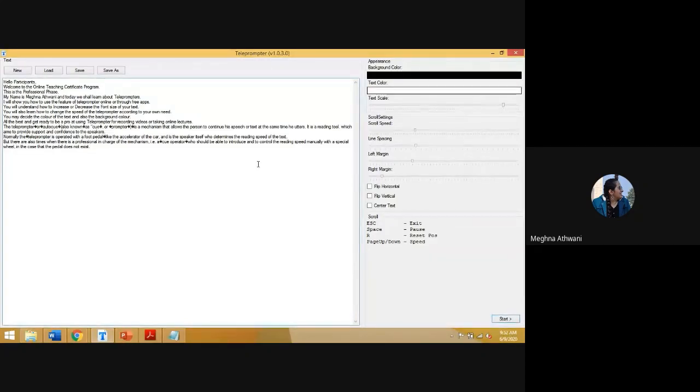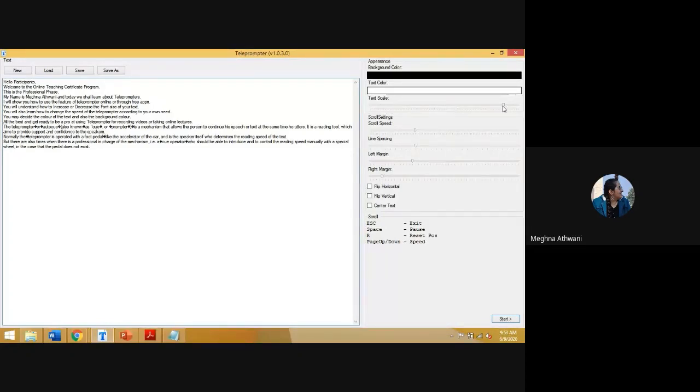And sometimes it is all up to you. You may like something, you may not like it. I am very comfortable with white background with black text. I am very comfortable with that. I'm not comfortable with black background and white text. People may use it accordingly. No problem. Even if you don't want it, you can experiment and see how it works out for you. Okay.